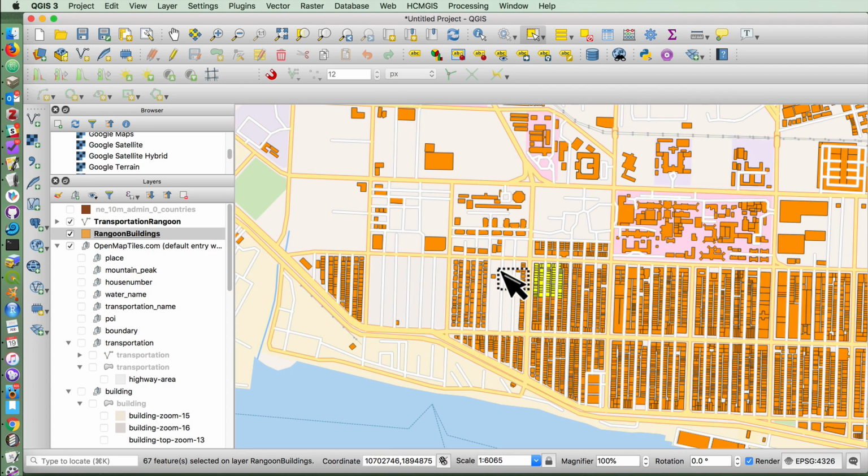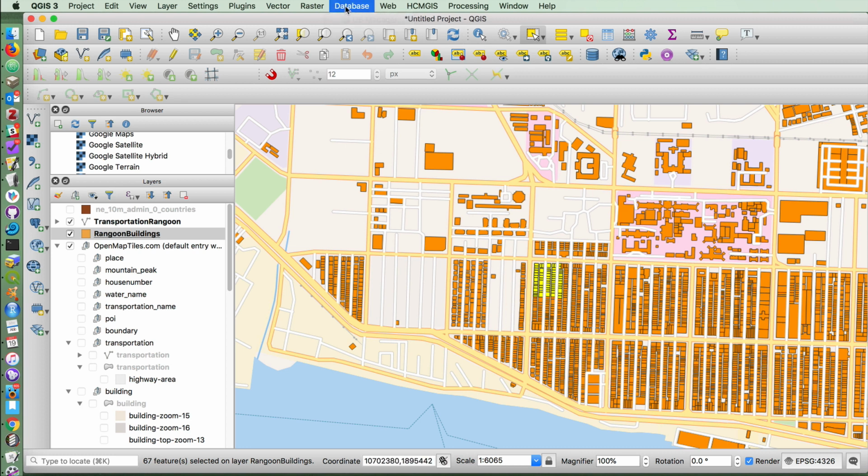And that'll be handy if we want to create a map based on a historical map where there are significant differences between what is present in the 21st century and what is present in the 19th century. But there is also a lot of overlap. I know for a fact that this area of the city is very similar in early 20th century and 19th century Rangoon. So we might want to use those features to save us a lot of work